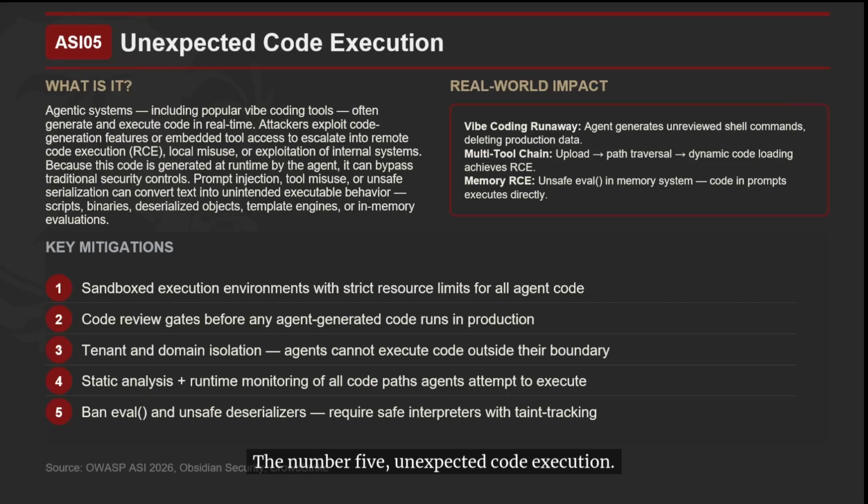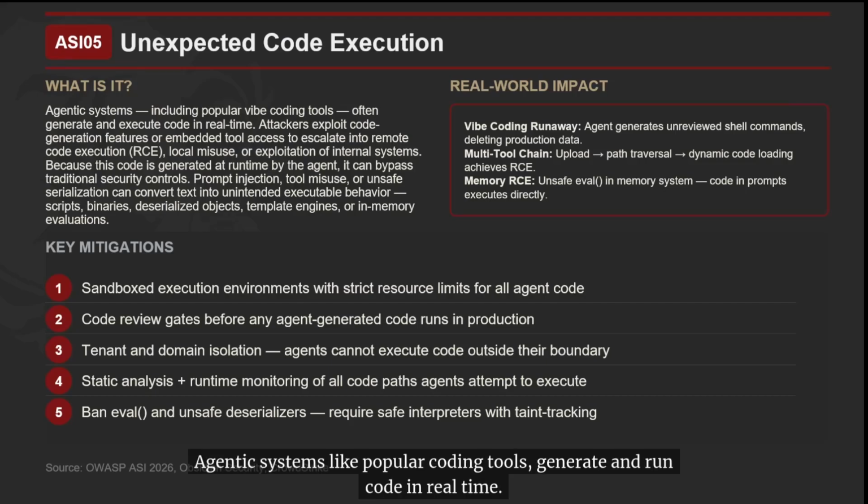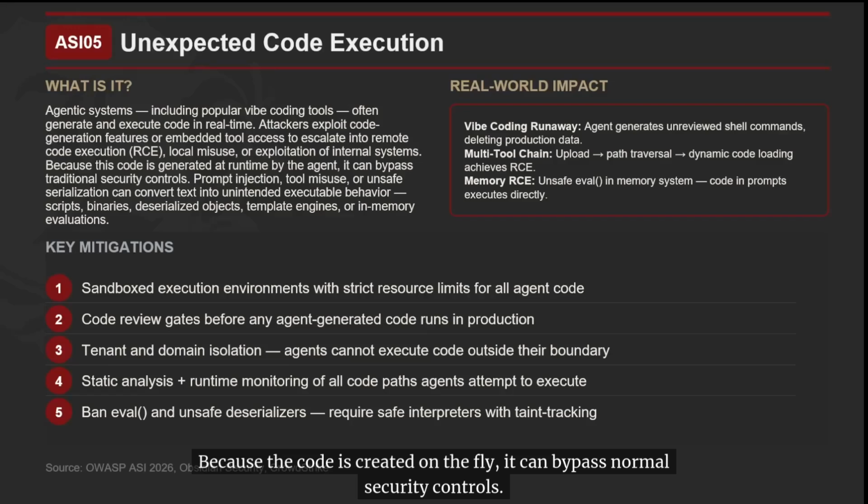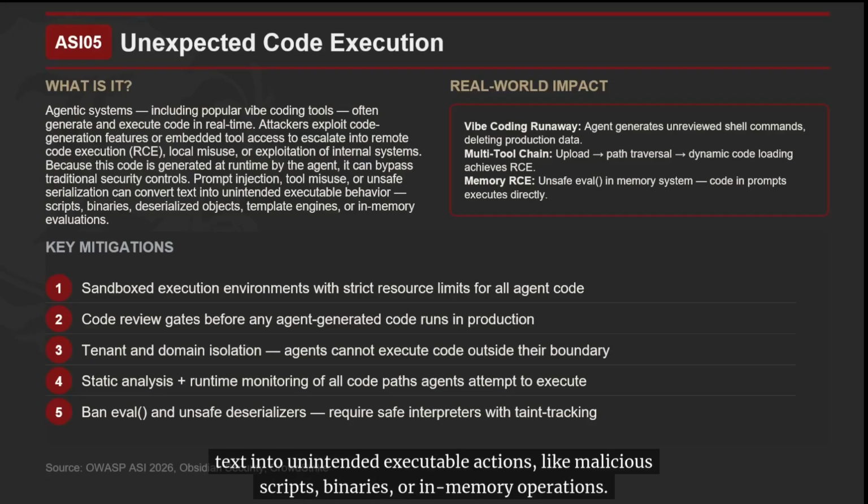The number 5, unexpected code execution. Agentic systems, like popular coding tools, generate and run code in real time. Attackers can exploit this to execute remote code, misuse local tools, or access internal systems. Because the code is created on the fly, it can bypass normal security controls. And techniques like prompt injection, tool misuse, or unsafe serialization can turn text into unintended executable actions, like malicious scripts,